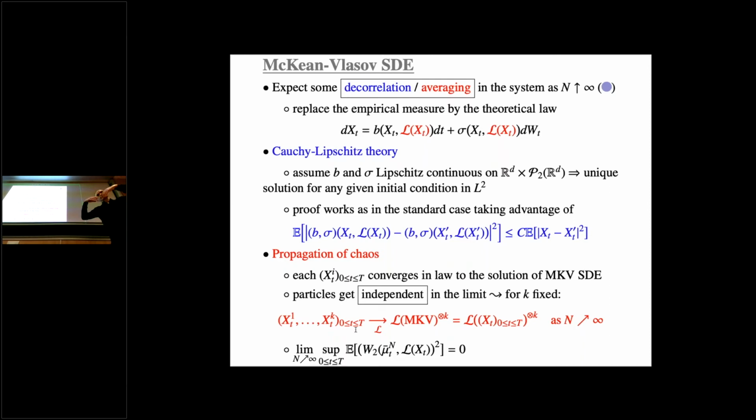You can have some rate of convergence. We know many things about these equations. The very bad things occur when the equations are driven by singular coefficients. Here they are Lipschitz. This is nice. You have very difficult equations when the coefficients are no longer Lipschitz and they have some singularities. And once again, there are some people in the room that know these questions. Okay, so this is propagation of chaos.